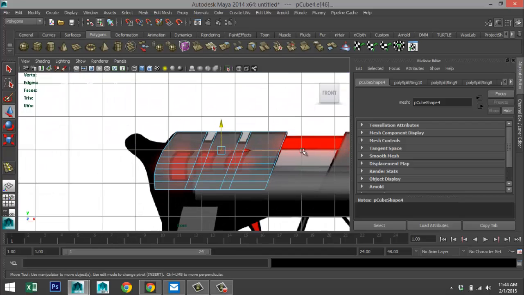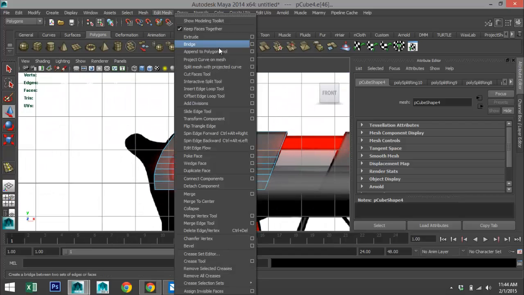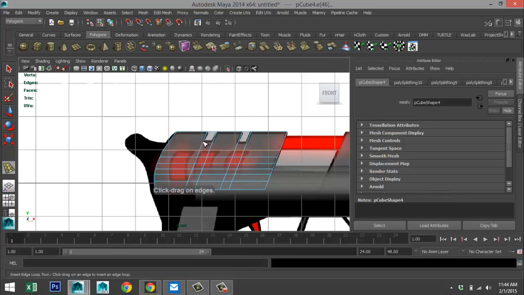And on top here, we're going to add another edge loop. Where'd it go? Up there. Okay. And for these openings here, we're going to do the same. So hit G to repeat.